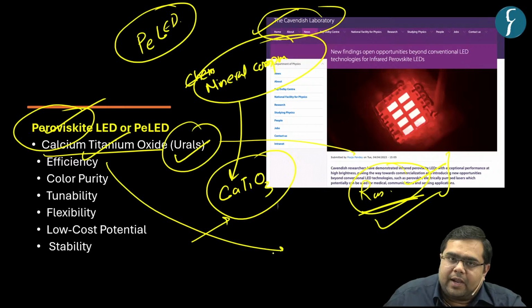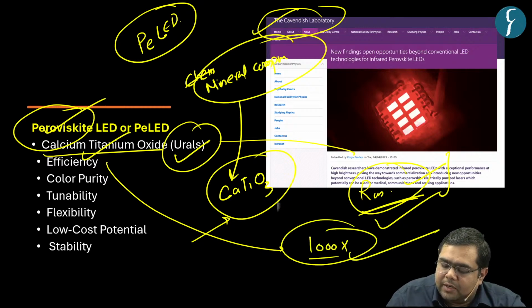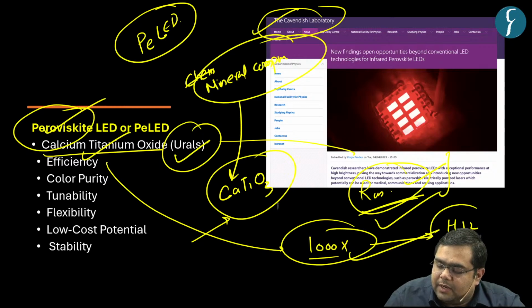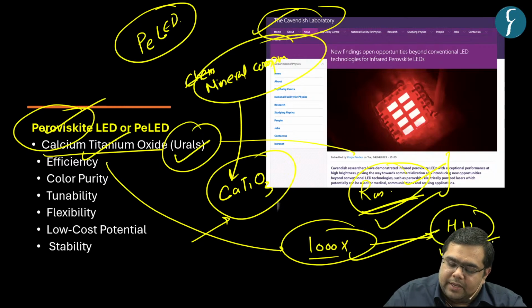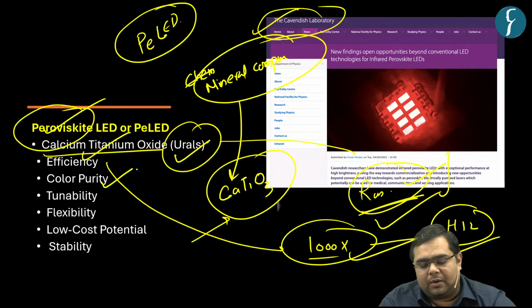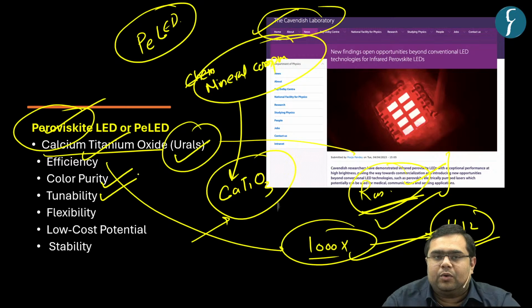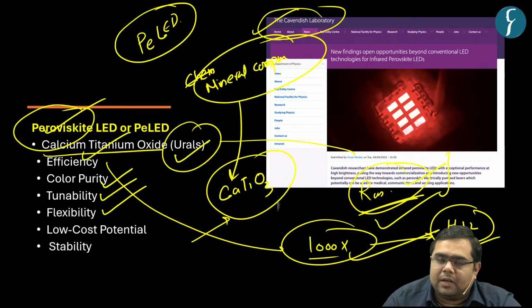So what are the specific highlights of this PLED? The first one being efficiency. It is 1000 times more efficient than traditional LED. Now you see, for this purpose, it can be used in high intensity lasers also. The next one being, it can provide more color purity. It has more tunability. Tunability means it can be changed or amended as per our specific purposes. Then it has flexibility, low cost potential, and is more stable and long performing or enduring than the traditional